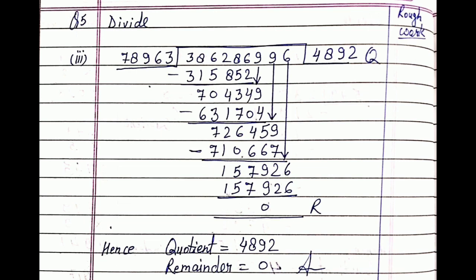Now see question number 5, the third part. Also the same procedure we follow which we did in part 1, and I hope it's clear to you. You can now easily understand how I did it. Here the divisor is of 5 digits. We compare the leftmost 5 digits. If it is less, then we take one more digit. Like this we do. But in this question no remainder we are getting, so we just write remainder 0 and the quotient will be 4892.